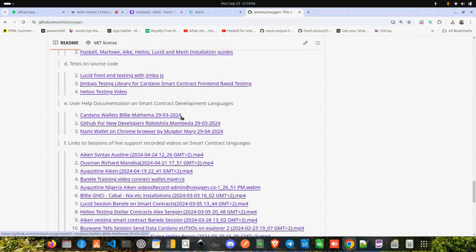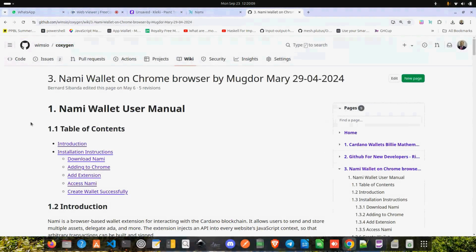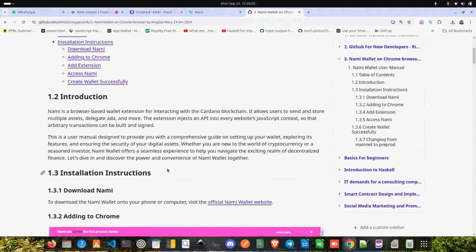We've got one for Billy Matema, GitHub for developers, how to open an account with GitHub. This is Rito, NAMI wallet on Chrome. Okay, for the user manual, let's look at this one. Right, when you open this one here, you immediately have got 1.1, 1.2. It's logical. Then when you read the introduction,